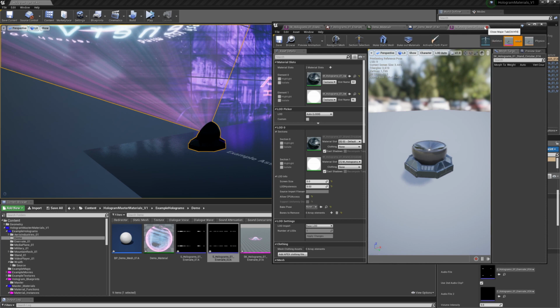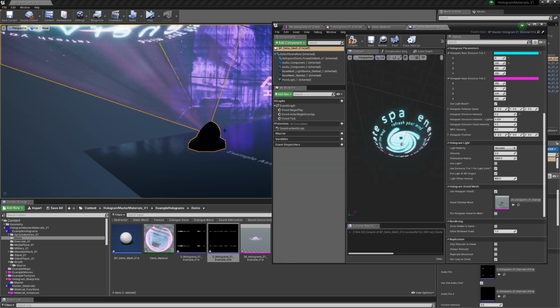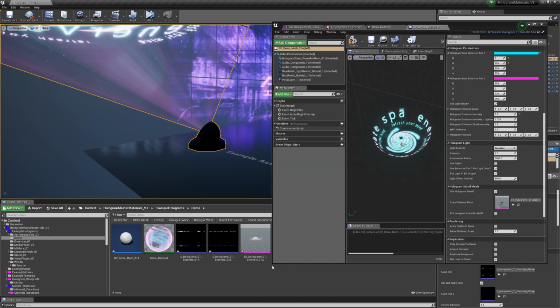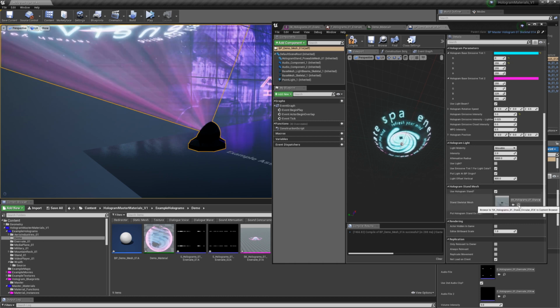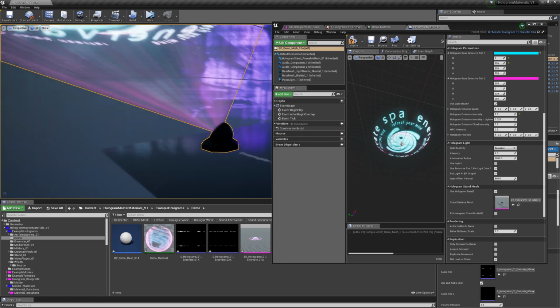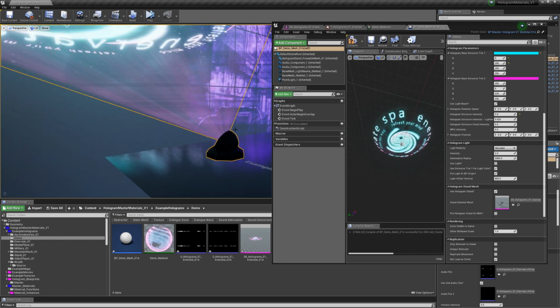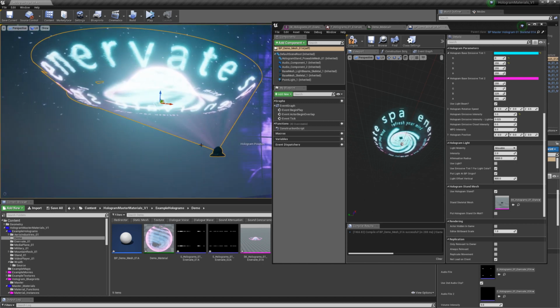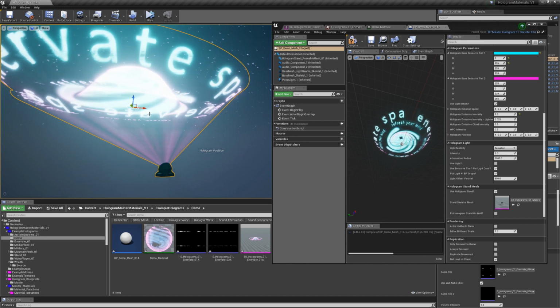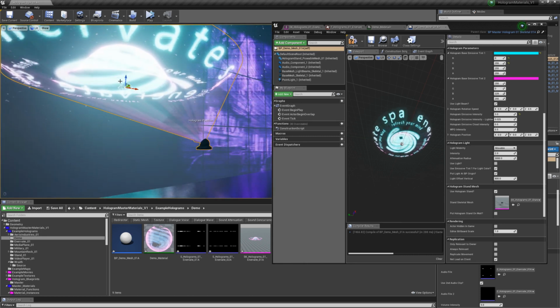Just make sure that your top is facing north, like it's facing upwards, and that your mesh or your bone, whatever you want to call it, is named eye. Because inside of my skeleton for this and inside of the blueprint, it needs to be named eye, or else the alignment of it looking at things won't actually work, because all of the code in the blueprint is set up so that the name of the bone that looks at something has